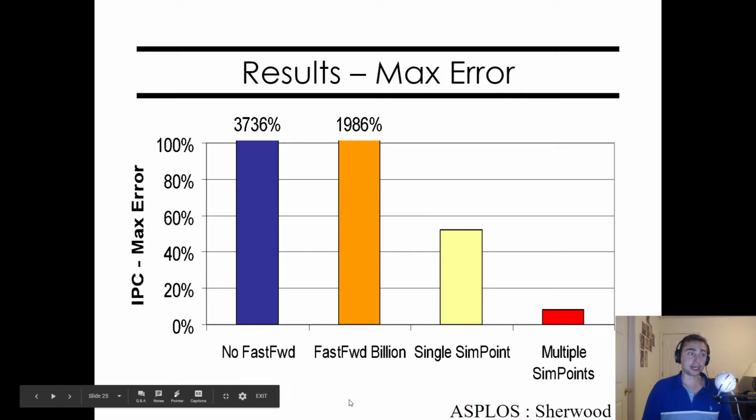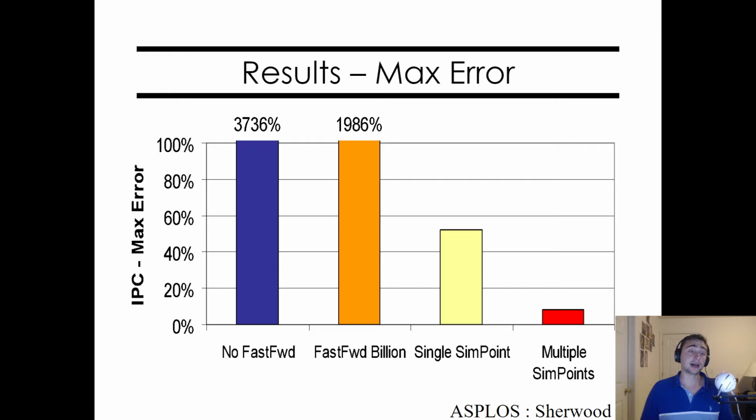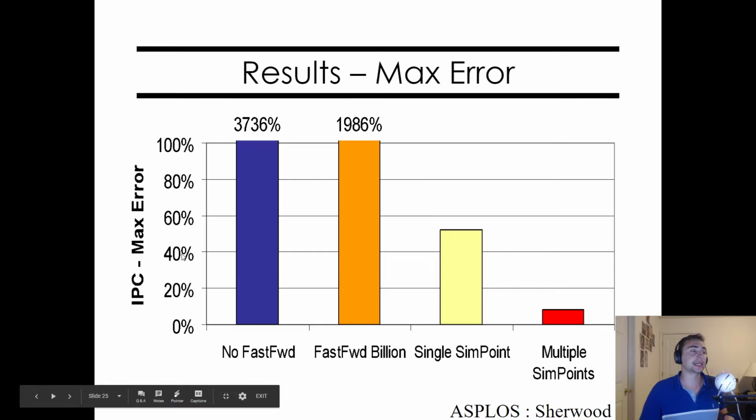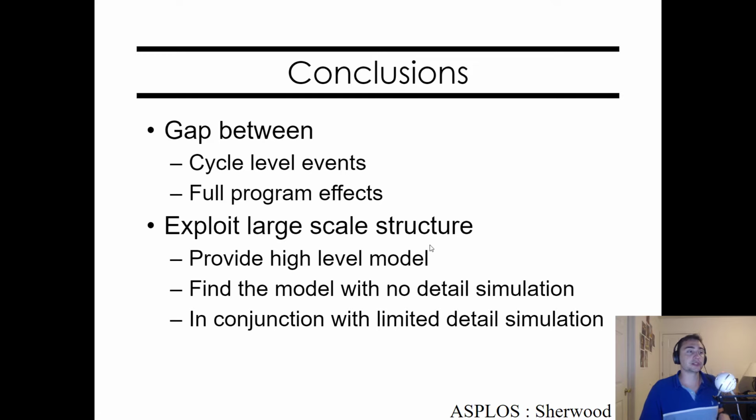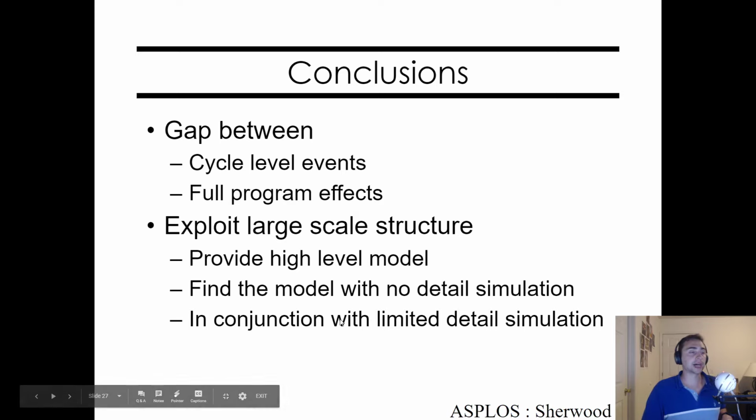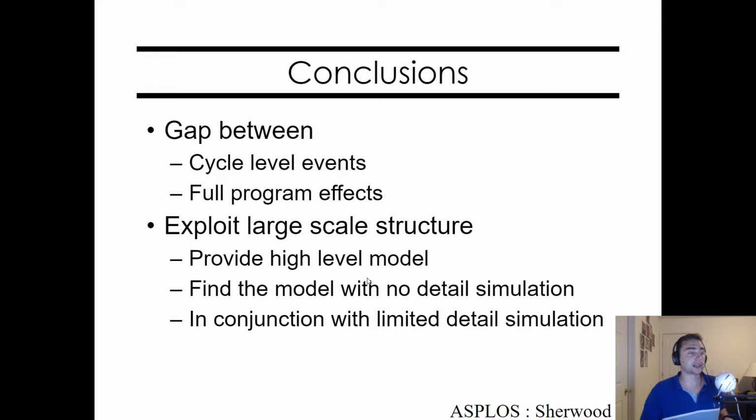So this is something where you're shrinking simulation time, but you're still maintaining really great accuracy representing the key metrics of the program. So what are the main conclusions here? Of course, there's a gap between cycle level events and full program effects, but we want to avoid having to do full application simulation just because it's not feasible. We can't actually do it. So what can we do instead? Well, we can exploit large-scale structure, provide a high-level model, find the model with no detailed simulation,